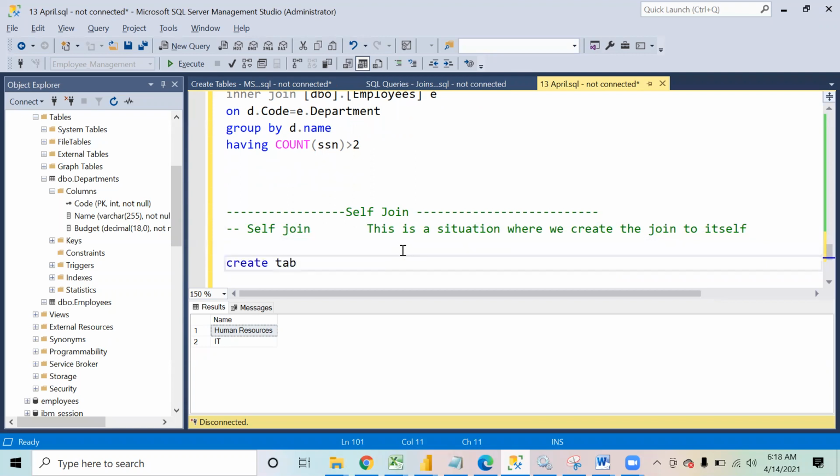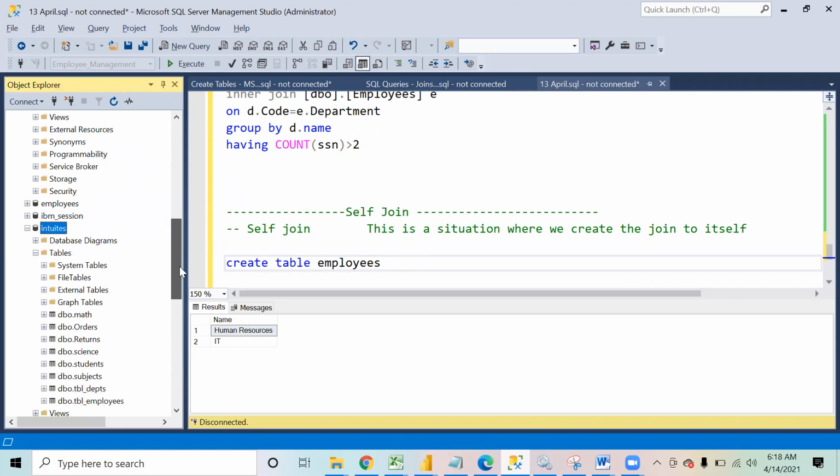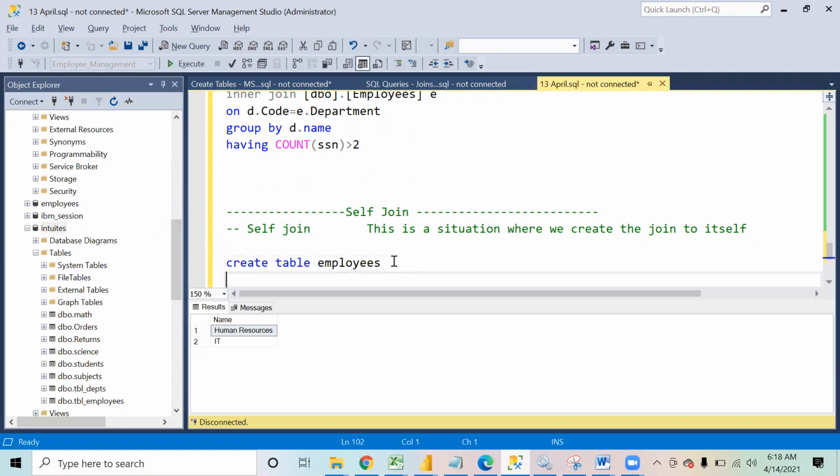What I'll do over here is create a table. Let's call it employees. We'll have 3 columns in it: employee ID, employee name, and manager ID. The first is integer, the second is character, and the third is again integer.